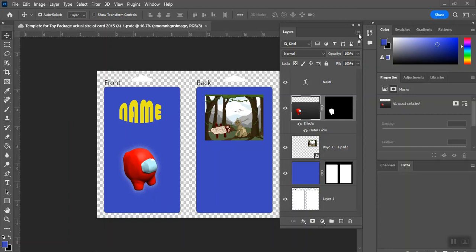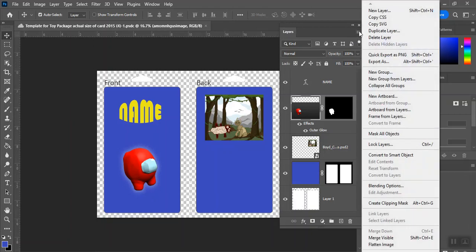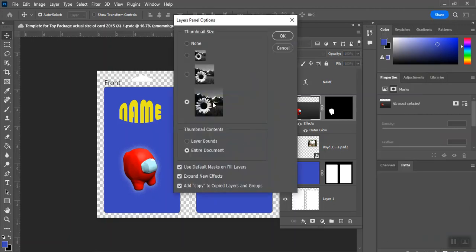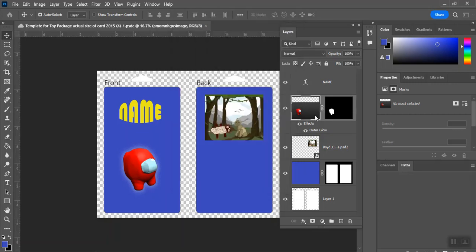If you ever want to do this for accessibility, you can go to your layers, the shortcut is F7, and you can click on this paragraph line on the top right, and then you're going to scroll down until you see your panel options. So when you see your panel options, go to panel options and you can change the size of the thumbnail. This is the standard one that you're probably used to, but you can make it bigger. Okay, so you can actually make it a little bit bigger if you need to be able to see it